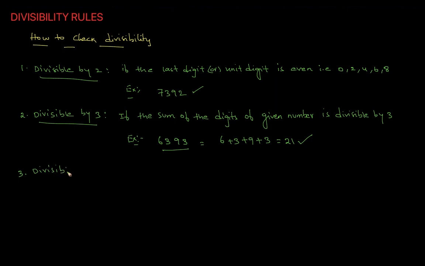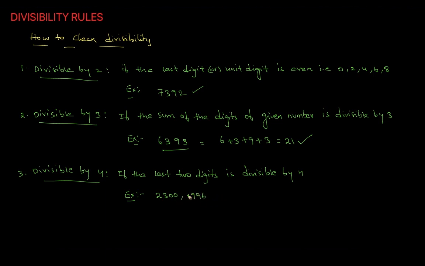Divisible by 4. How can we say whether the number is divisible by 4? If the last two digits are divisible by 4, then we can say that the number is divisible by 4. For example, 2300,